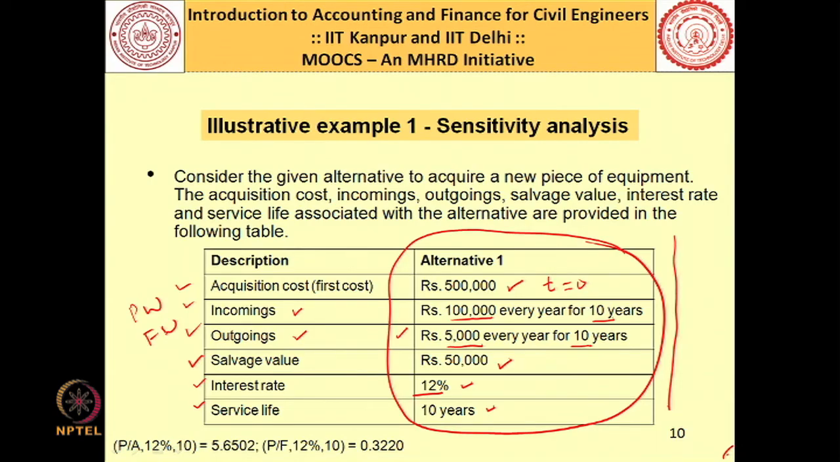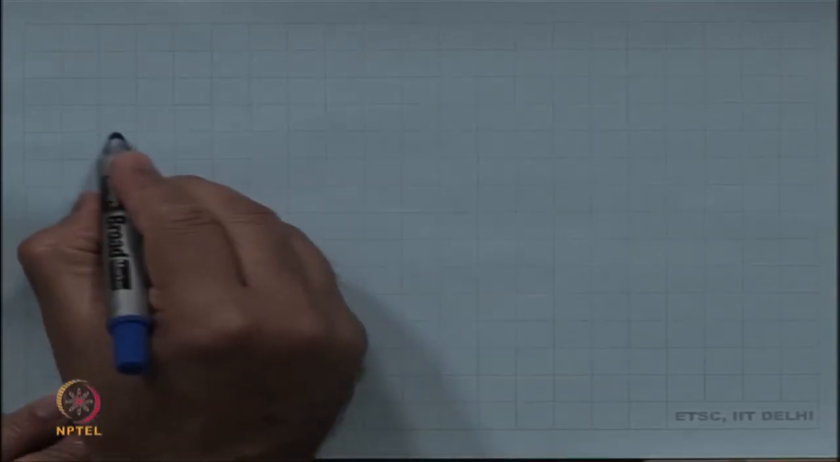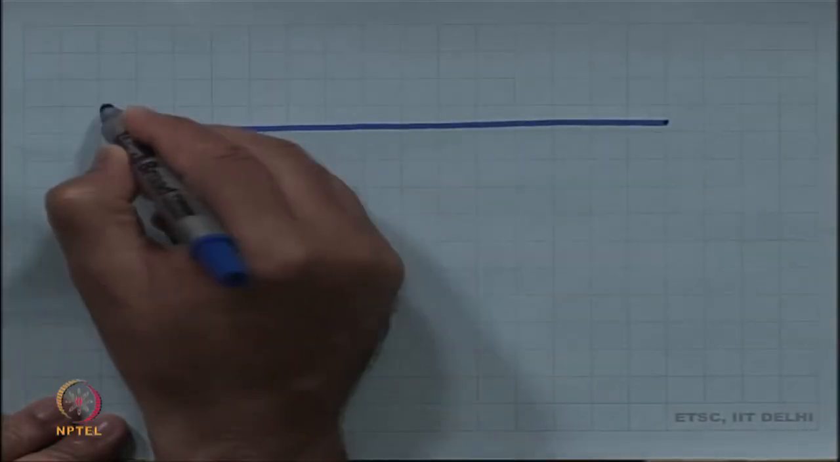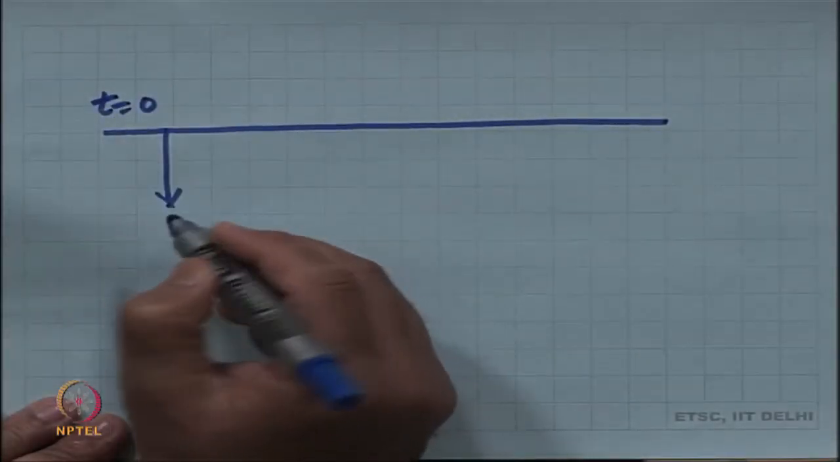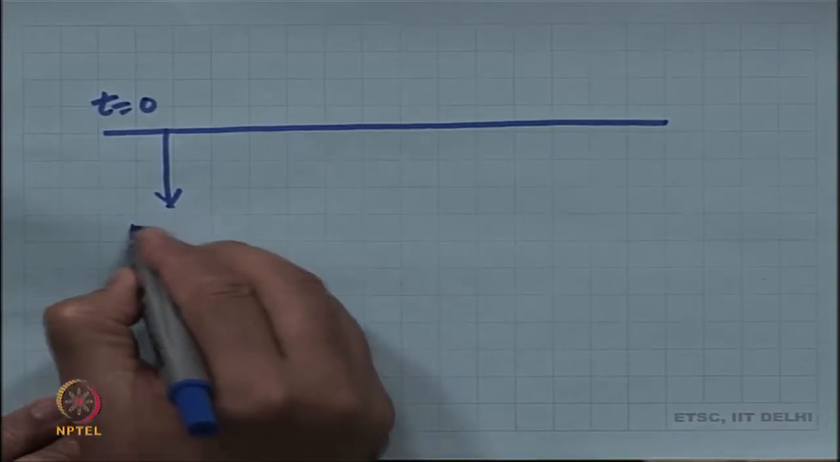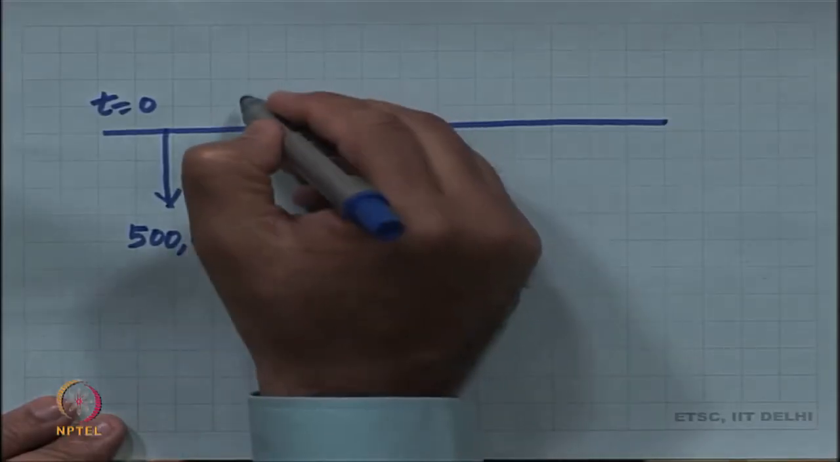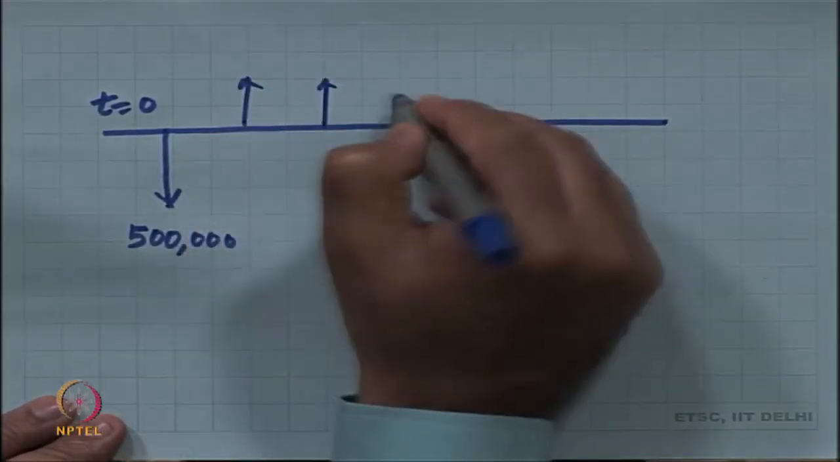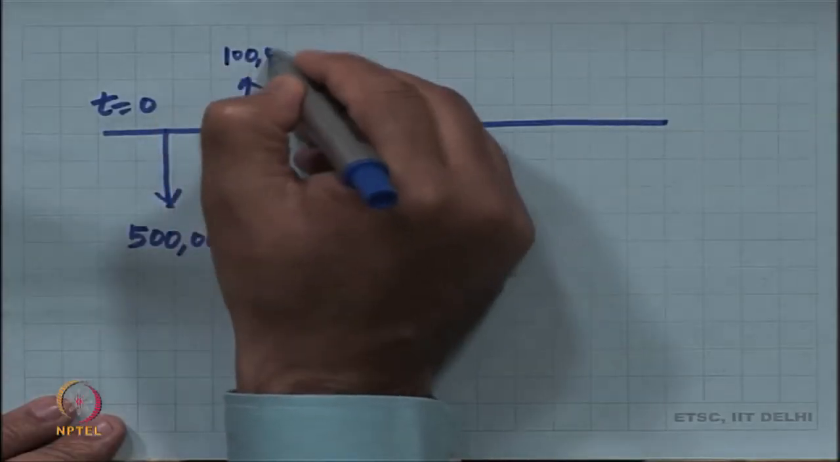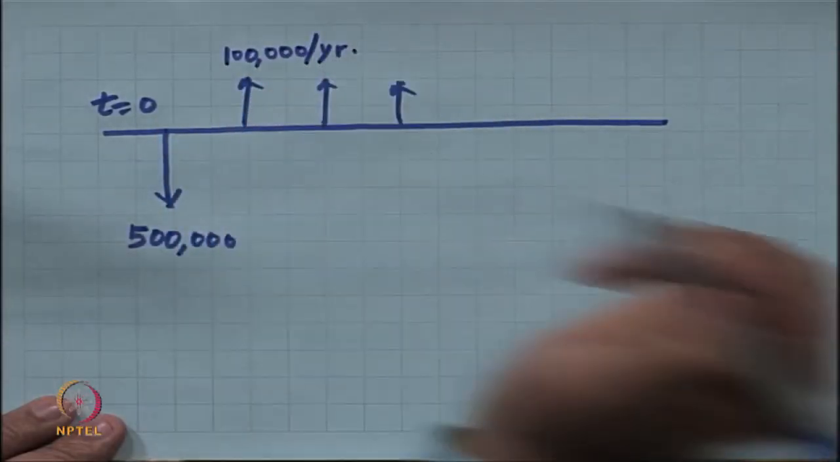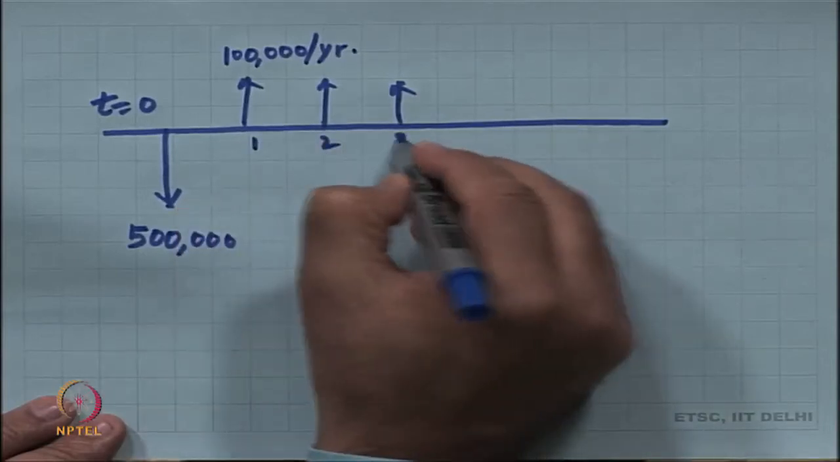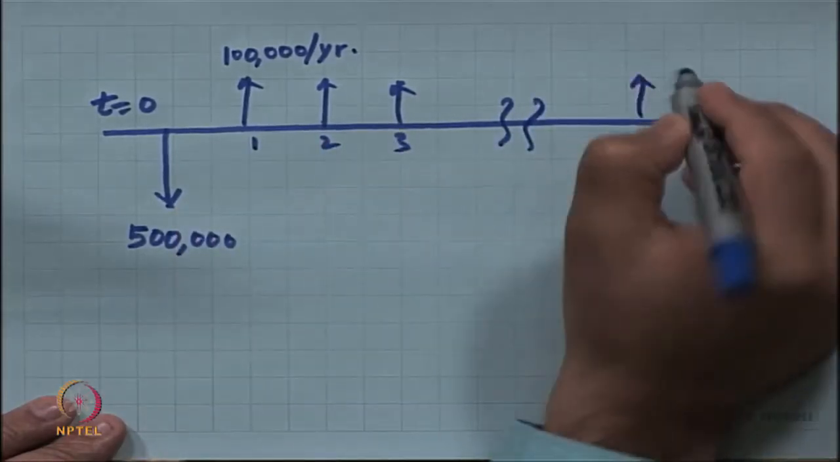Now, let us say we are going ahead with the net present worth value, we would like to first draw the cash flow diagram for this. So, let us try to do that. Let us assume this is time t is equal to 0. Now, at this point of time we are investing 500,000. The incomings that are expected are 100,000 every year, 100,000 per year for next 10 years. So, this is 100,000,